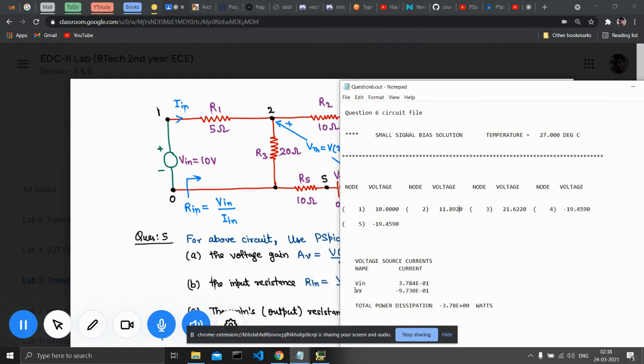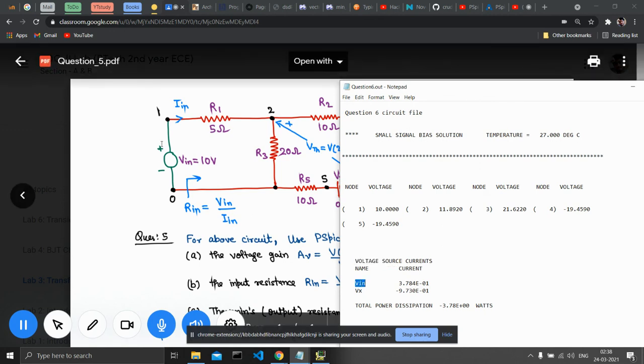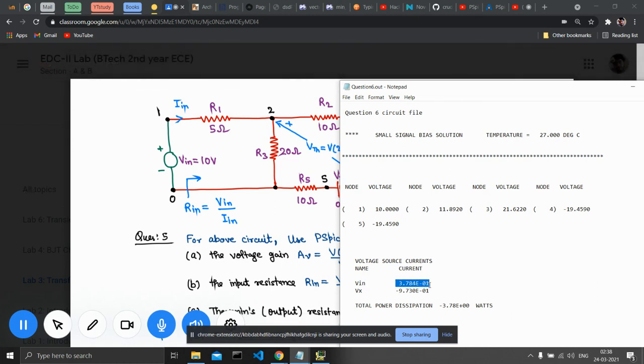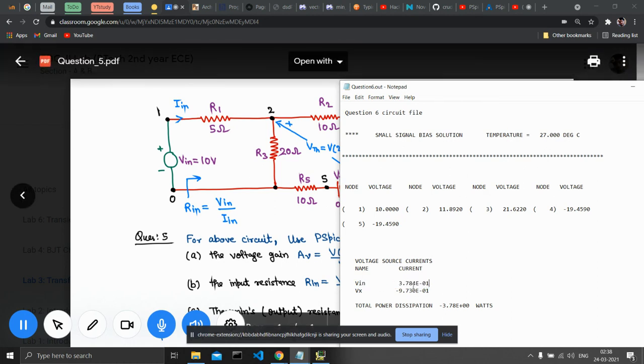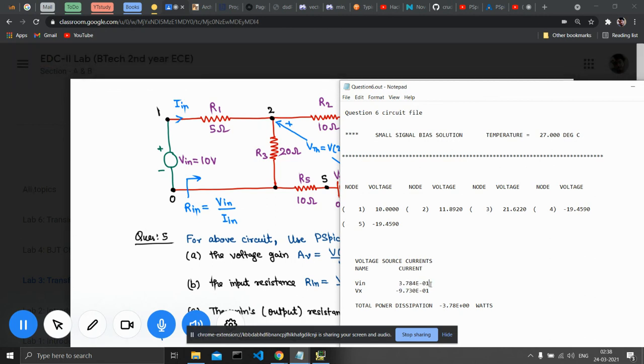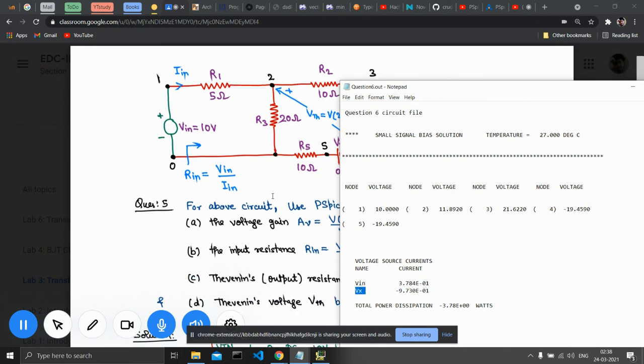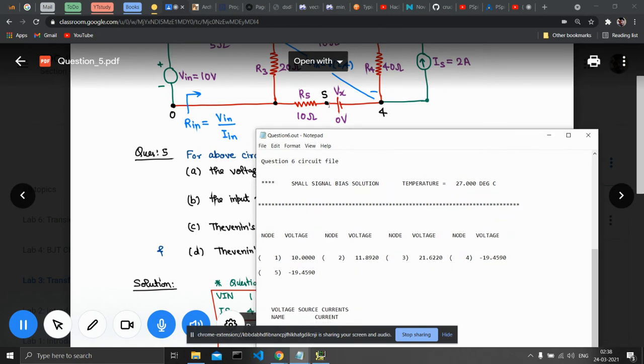Then you have the current. You have the current for all the voltage sources. Voltage source name is V in. So the current I in is 0.3784. Okay, this is the scientific notation. And Vx here.